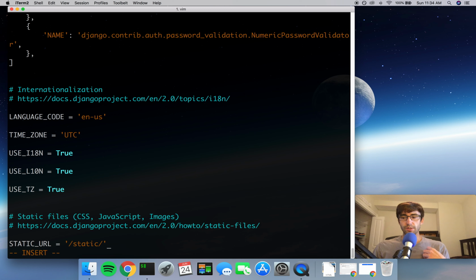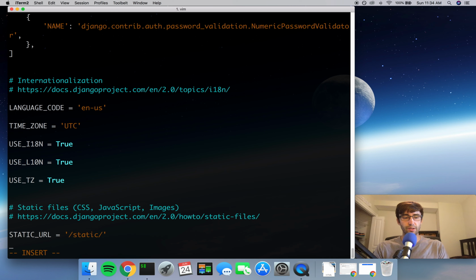What we want to do is add a couple other values in this settings file. The first one is going to be our project root, which is basically the absolute path to the ship log folder on our operating system. So to do that, we can do something like this: